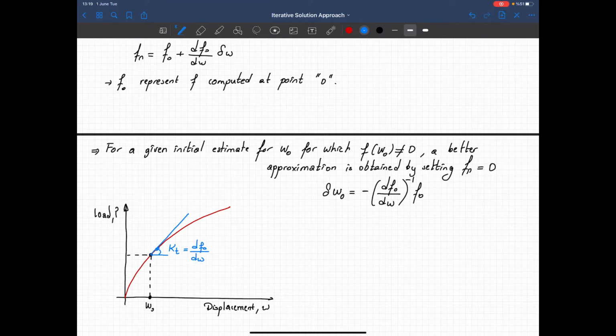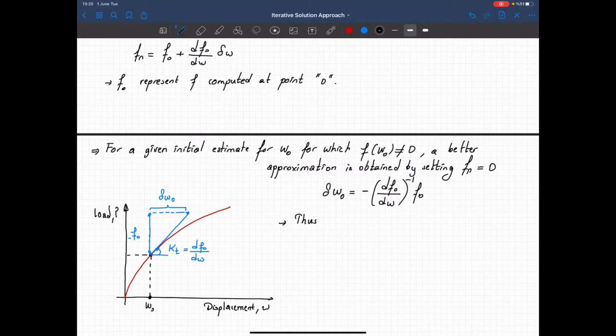Now this load, this distance will be equal to minus f0, and this distance is calculated as del w0. In other words, I'm calculating this slope at w0 with the unbalanced load f0, and that will give me another displacement del w0. Okay, and then in that case,